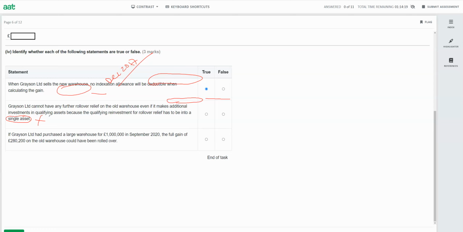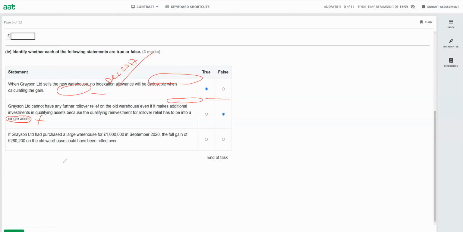So it is not the condition. So we'll say no, it's not true. Even if it is not a single asset, they will be entitled to claim rollover relief. The final one we have here says if Garrison Limited had purchased a large warehouse for 1 million in